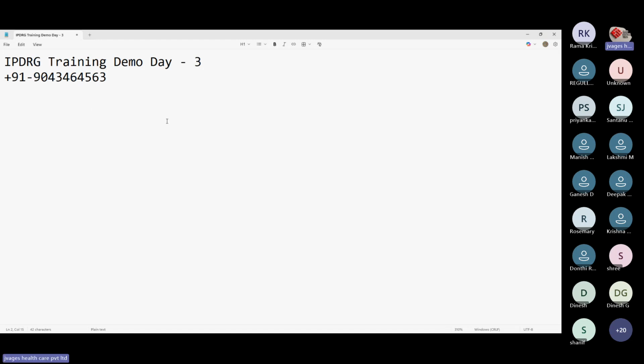We are going to discuss what code books, tools, and software we are going to be handling during the IPDRG projects. That is the main thing people need to know: what software they are using, what code sets they are using, what updates they are following, and where they get those updates. You should know all this before entering into IPDRG. So first we need to know ICD-10-CM,